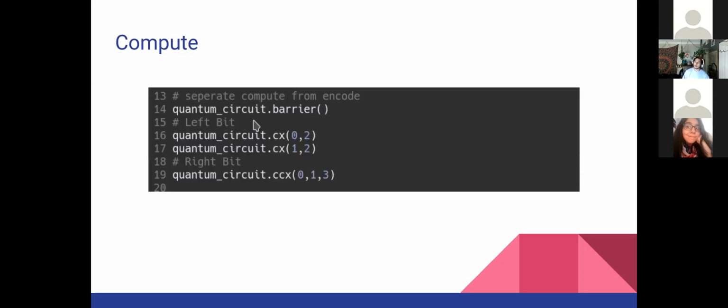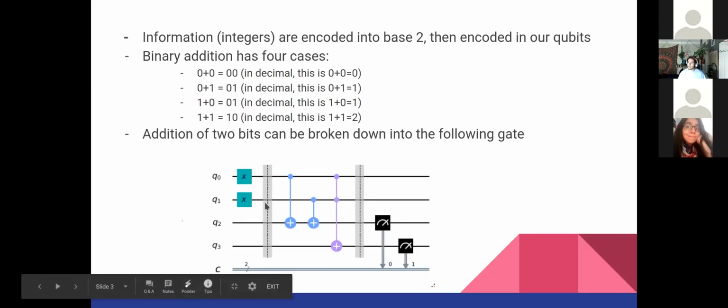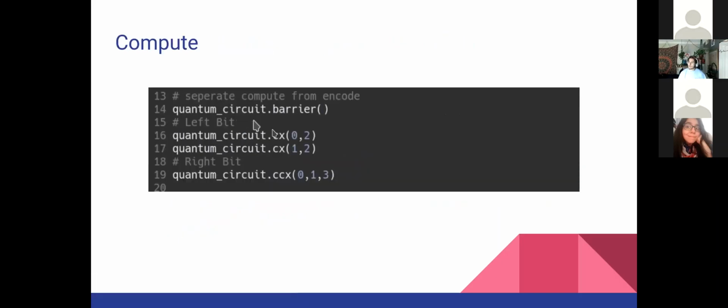And so now the compute part, the first thing that we're doing is creating a barrier. And that quantum circuit dot barrier is just adding this right here. We then go on to say, let's take care of the left bit. And so with that, we're saying quantum circuit dot add a conditional NOT with a control of 0 and a target of 2. Then we say quantum circuit dot conditional NOT with a control of 1 and a target of 2, again, right, to take care of that, which is really just the application of an exclusive OR, because if you think about the cases that we need to consider with this,